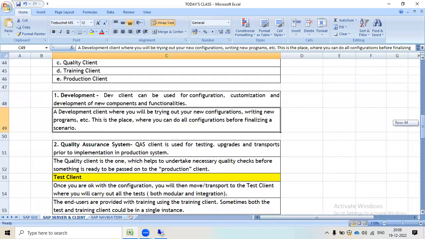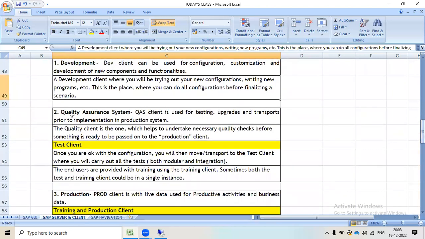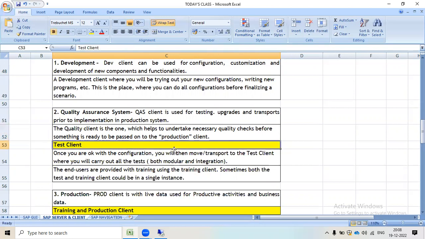Okay, now the next client is the quality assurance system. So the QS client is used for testing upgrades and transports prior to implementation in the production system. Okay, this client is the one which helps to undertake necessary quality checks before something is ready to pass on to the production client. Okay, the test client is the same.